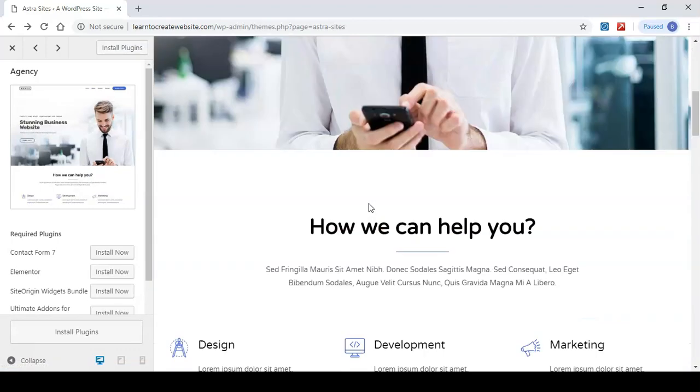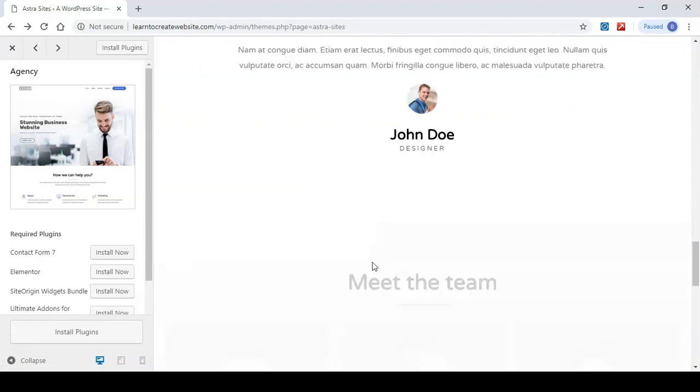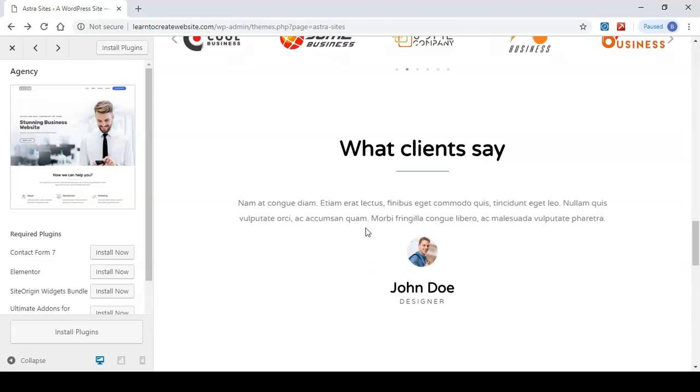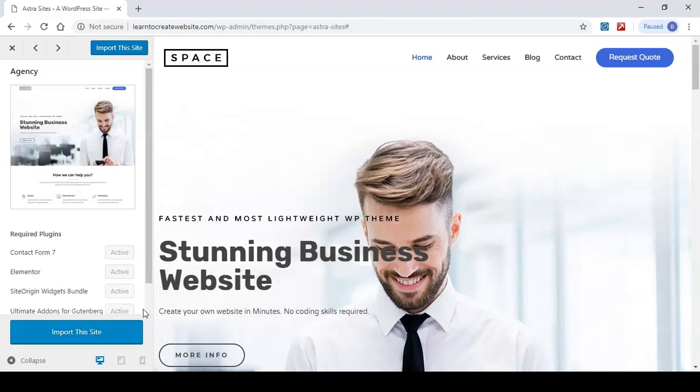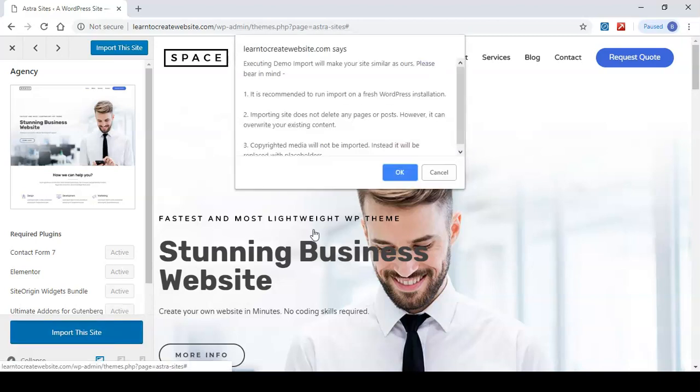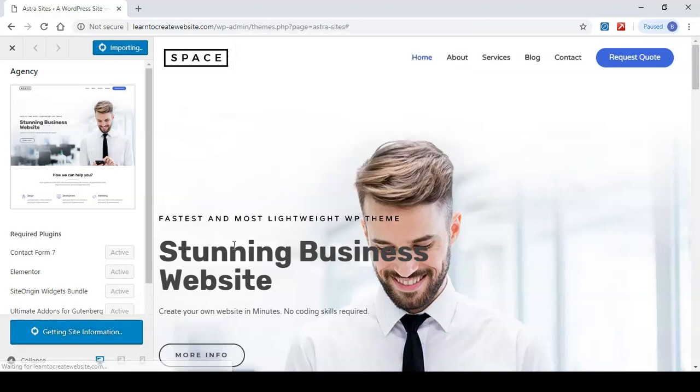And you can see how the site looks. If you want to apply this design to your site, just click Install Plugins. And then click Import this site. Okay.